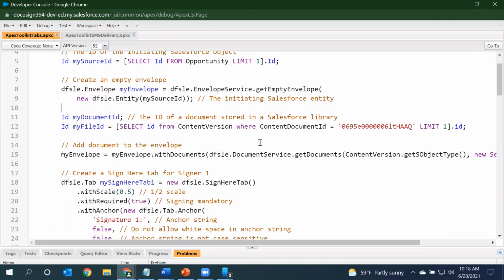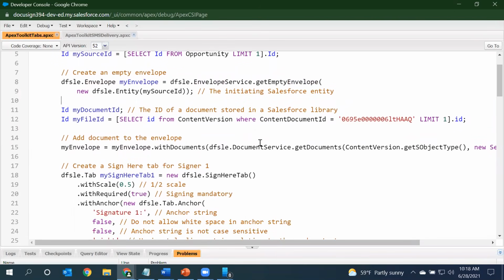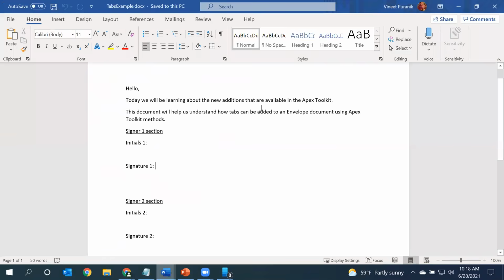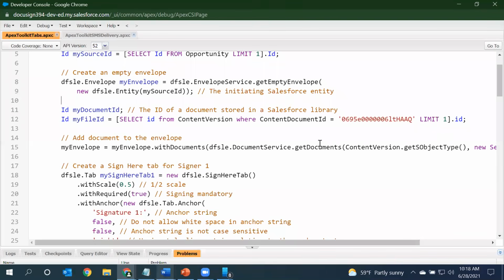Now, in this empty envelope, we would be first adding the content that would go into the envelope. The document that you are seeing here has been uploaded to my Salesforce as a file, and then I am just choosing the content version from that content document.